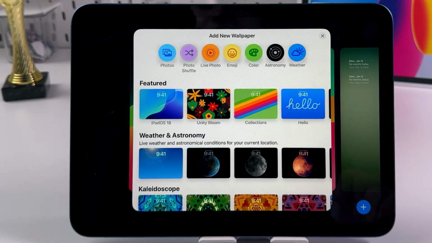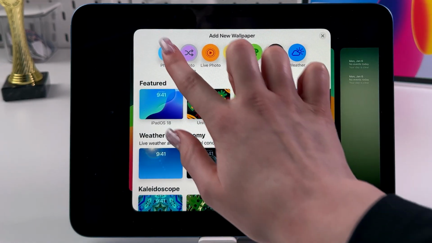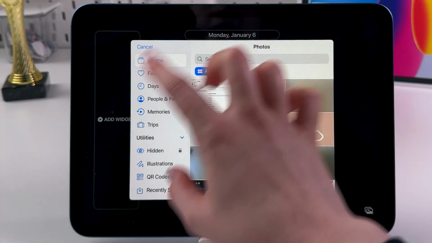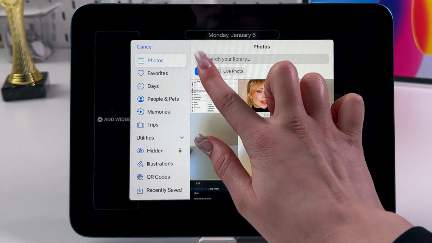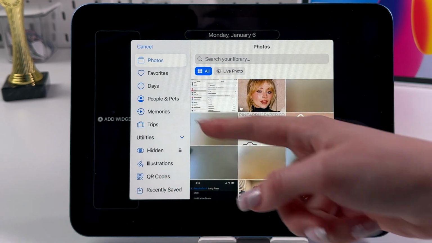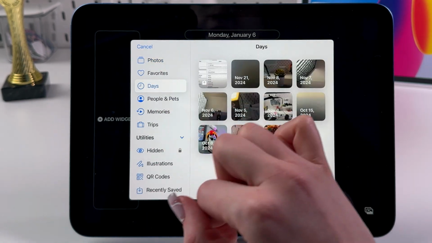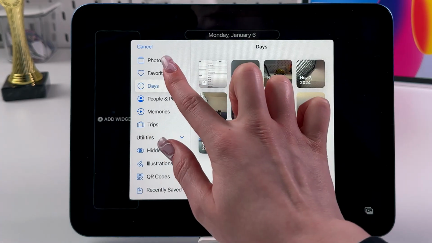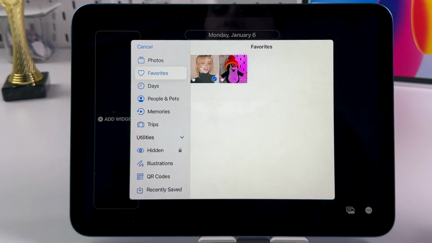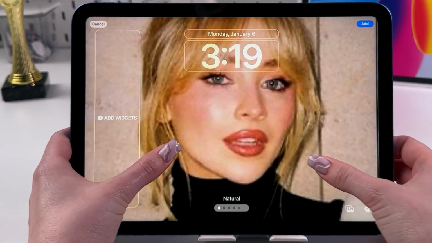And if you would like to set your own photo, you need to select this photos icon, and then you would see these suggestions. You can switch from all to live photo right here, or you can select something on the left side such as people and pets, days, memories, favorites, and so on. Let's choose this one from favorites, and we are gonna tap it, and this is how it will look on